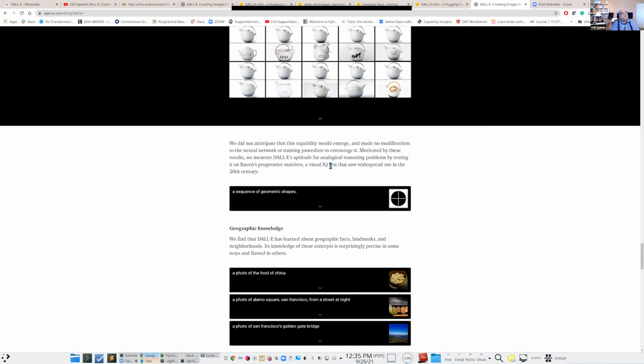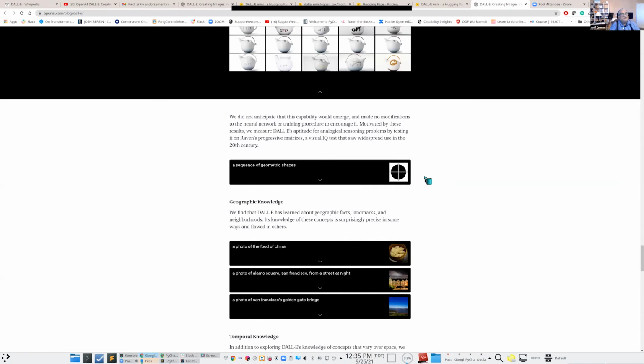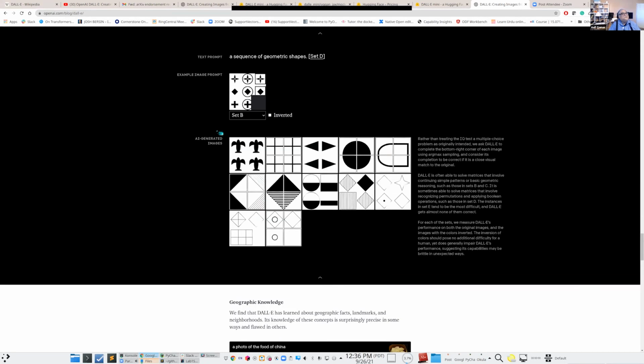One of the biggest puzzles, Raven's Progressive Matrices, as you know, is an IQ test. If you're in the army, they'll test you with this. If you wanted to be promoted in the army at one time, it used to be necessary. It is supposed to be a quintessential human test of intelligence. And while people are dazzled by the fact that it can do all of this, what I found very interesting is that it manages to